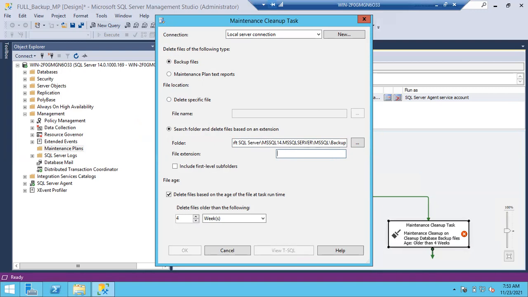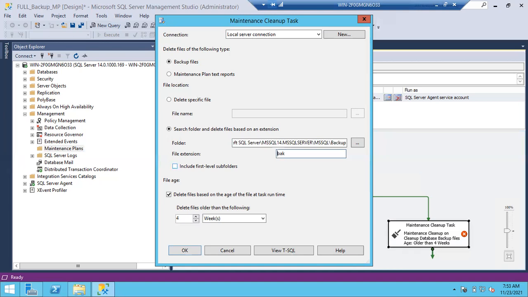Don't give the dot, it will fail. It was clearly mentioned already as file extension. So no need to give the dot, just mention simply bak. If you give .bak, what will it think? It will add one more dot. Clear, everyone? If you mention .bak here, as it is already an extension, one more dot will be added. So it will look for ..bak, there are no such files, so it won't delete anything. Just mention simply bak.